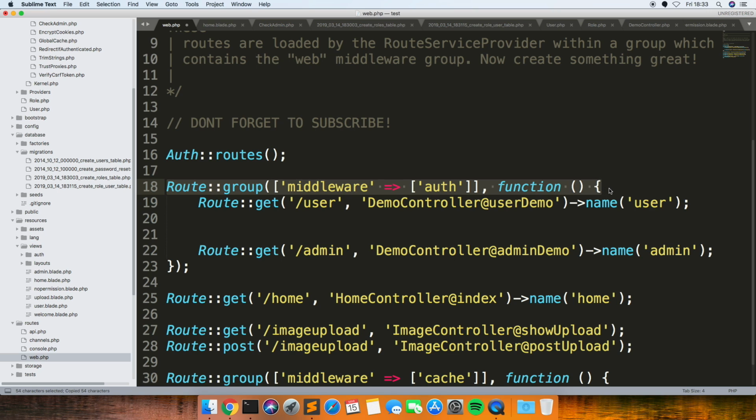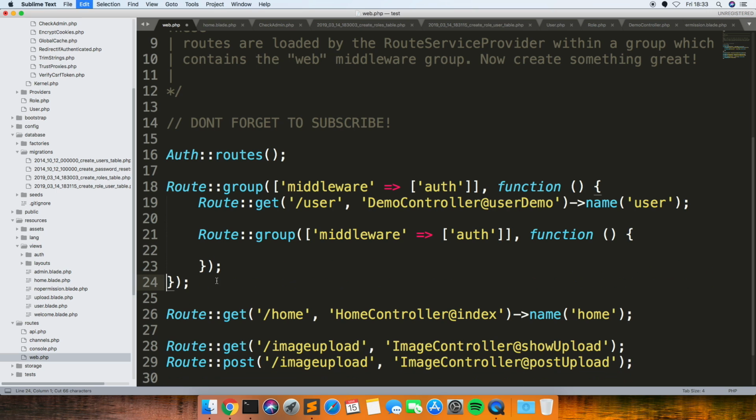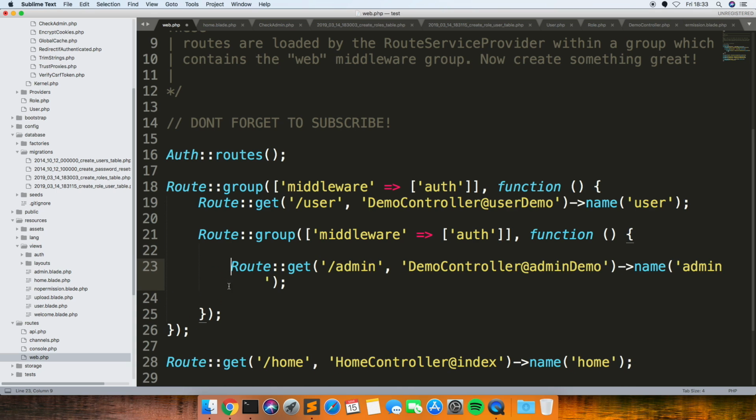So I'm going to copy this, and then move this admin route inside here. So basically it's going to check that you're logged in,